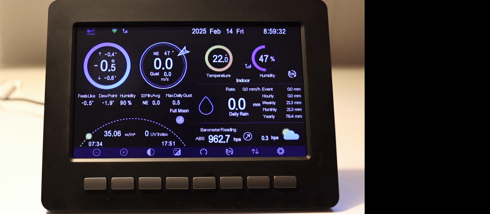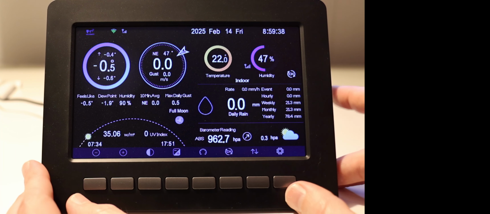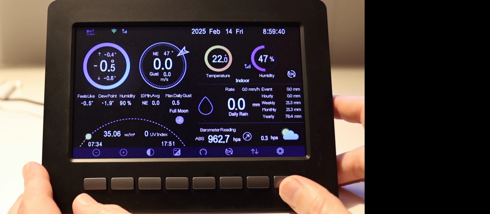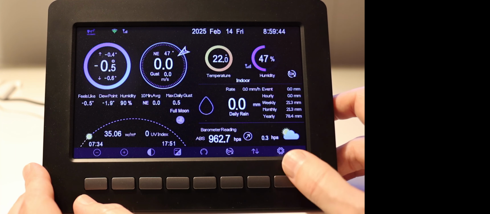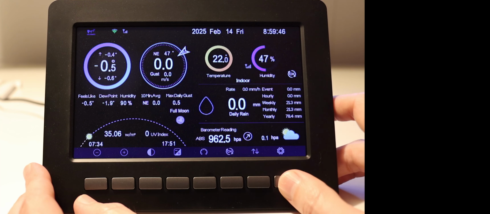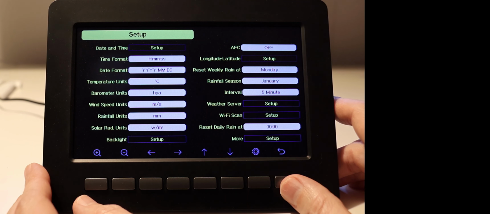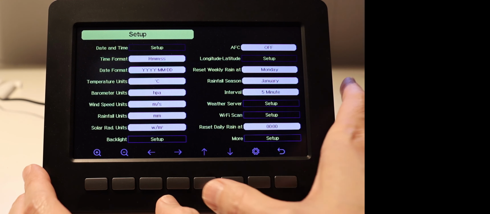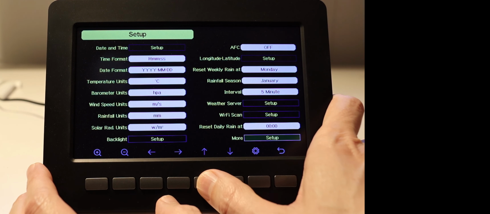Okay, let's see how we can configure this weather station to send our data to a local server. We are starting by clicking the configuration button here, and then we see a setup menu, and we have to go either up or down with the keys here, and then now